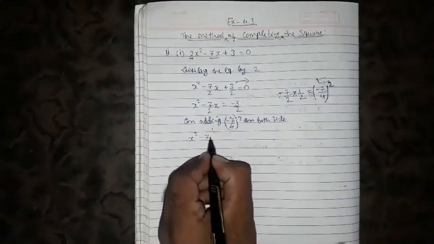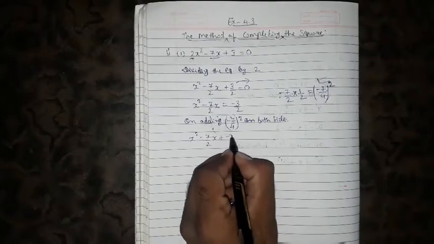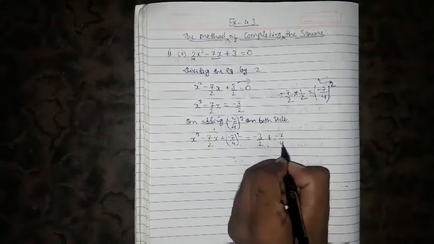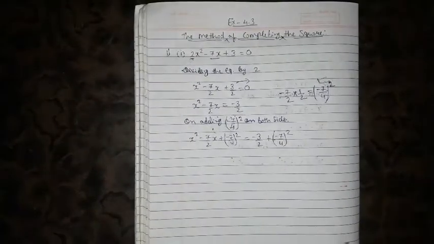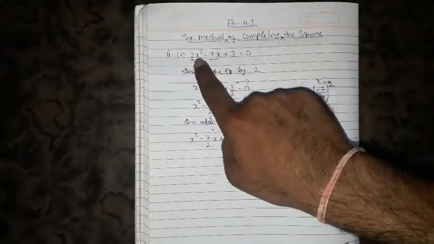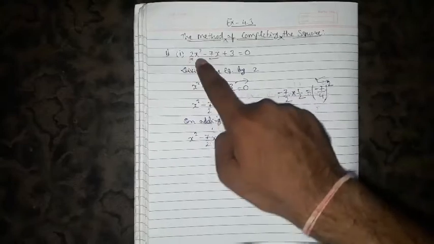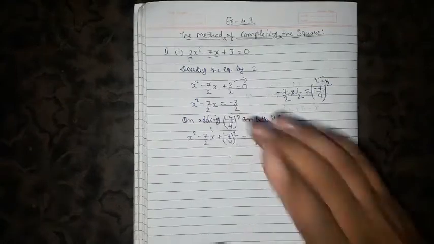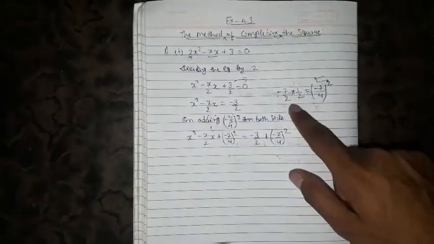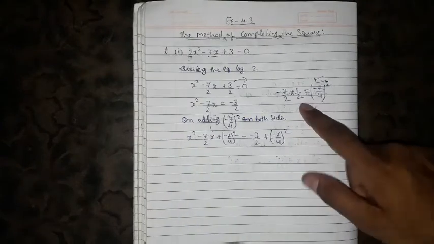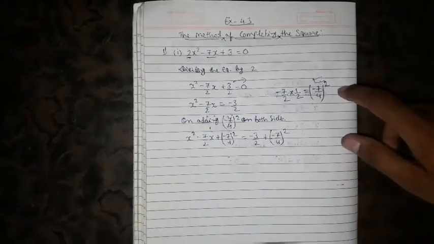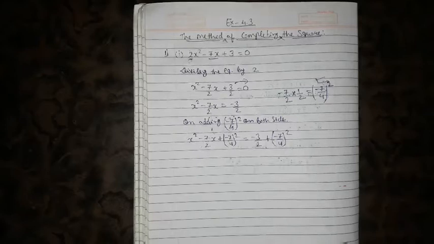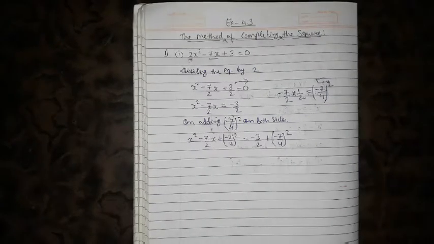So here I have x square minus 7/2 x plus I'm adding 7/4 whole square. Here also I have minus 3/2, I'm adding minus 7/4 whole square. इतना क्लियर है? सबसे फर्स्ट एक्स स्क्वायर का कोफिशिएंट रिमूव करना है, उसी से डिवाइड करना है. उसके बाद में लास्ट टर्म को, मीन्स कांस्टेंट टर्म को आपको शिफ्ट करना है. उसके बाद में x का जो भी कोफिशिएंट है विद इट्स साइन वो आपको लेना है, 1/2 से मल्टीप्लाई करना है. Whatever you get you have to do its square, उसका स्क्वायर करना है और दोनों साइड ऐड करना है. Okay, then finally, you don't need to solve it.